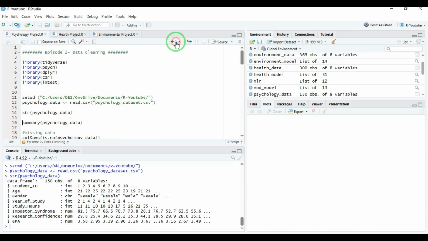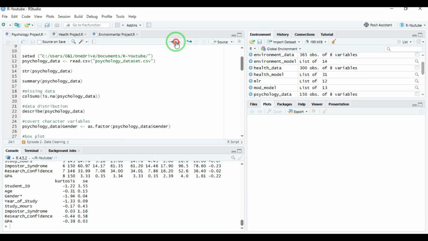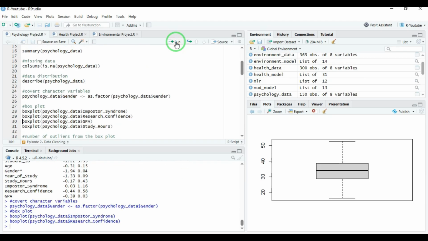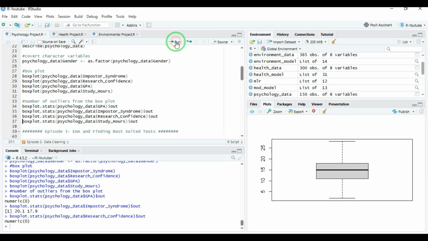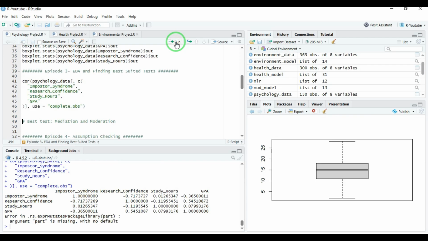I'm going to go ahead and run this code that we already did before. I'm doing this because I restart and reopen RStudio every time that I record a new video, but you can skip this part. So let's start to run the correlation function for the psychology dataset,